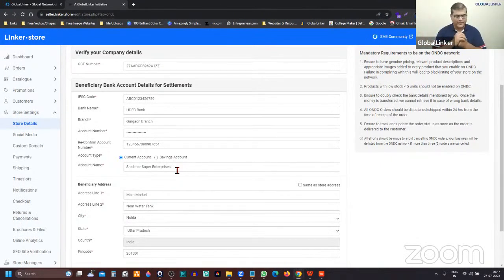But the buyer app, or for example, if we take Paytm as an example, or we take My Store, or we take Craftwell as an example. So in that case, customer has placed an order on Craftwell. It is fulfilled by you. Craftwell will make the payment to GlobalLinker and we will make the payment to you. So that's where we need your bank details so that we can credit the payment to you. All right. So that's why we need your bank details.